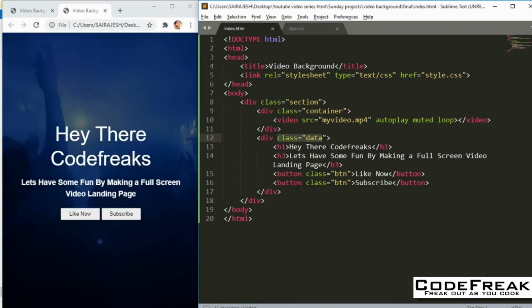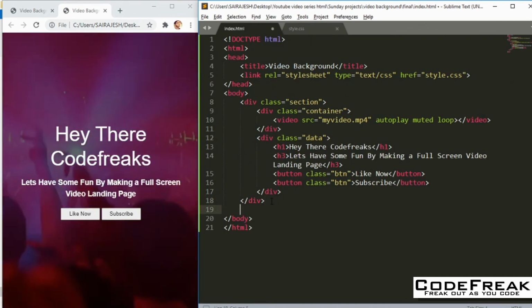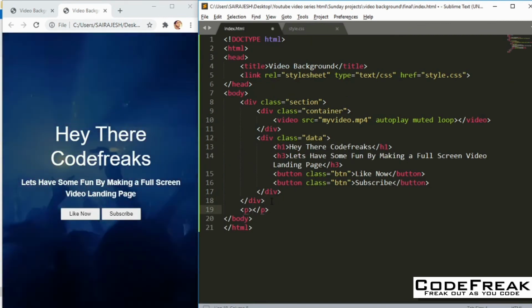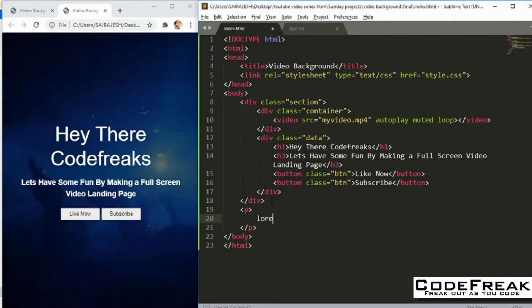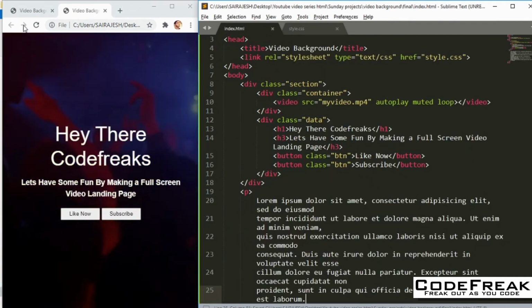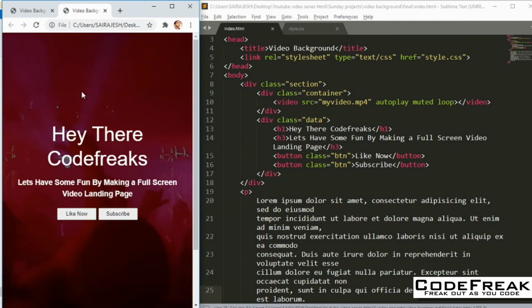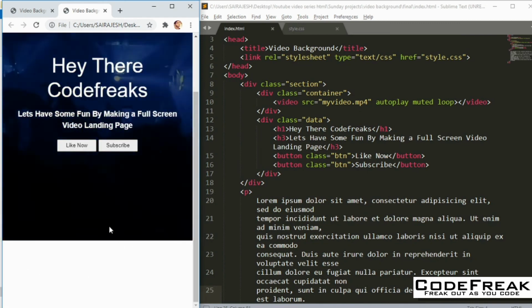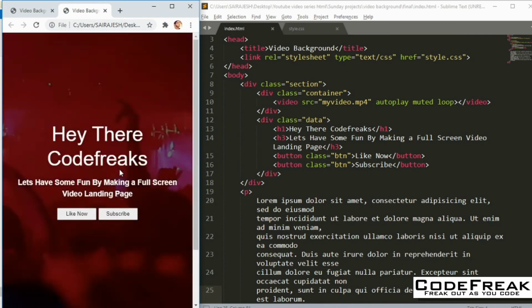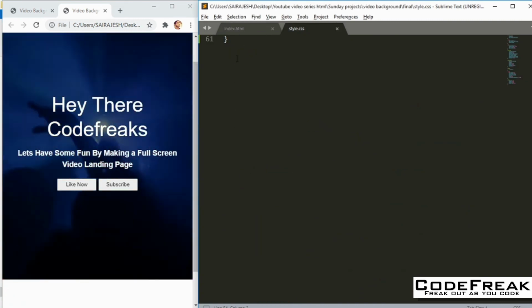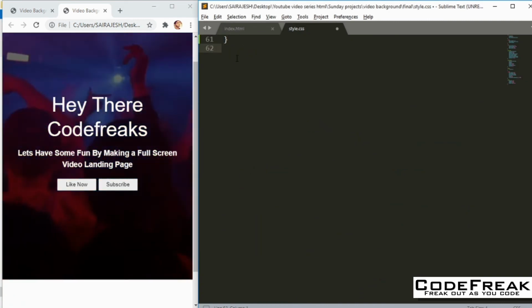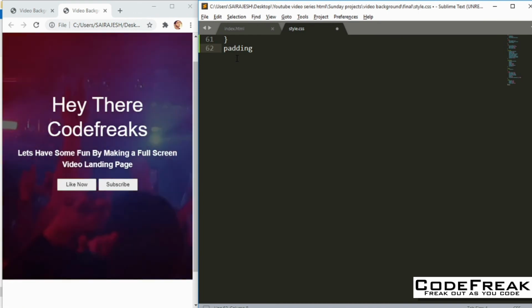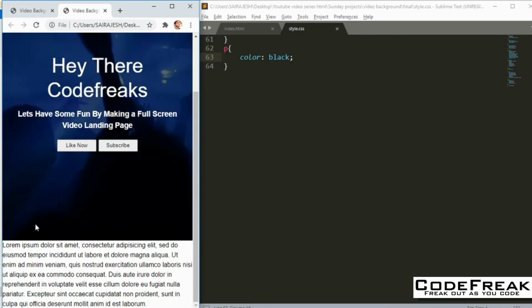Before we end the video, I want to show you one more thing which is really useful. Say I have a paragraph tag after this. Maybe I'll just put in some lorem ipsum there. If I save this and refresh it here, you can see that the lorem ipsum is coming over here. Oh, it has not come. Let me select the p tag and make the color black. In the body we had made the whole thing white. Refresh it, and you will see that you have some text underneath it.